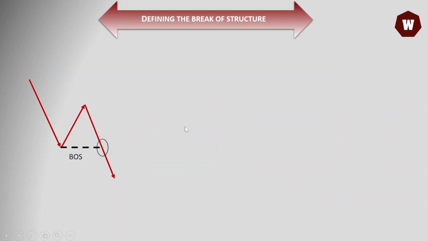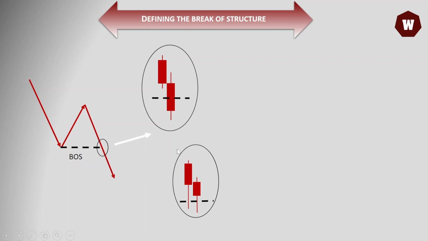So let's analyze the break of structure and know what is valid and what is not valid. Anytime the market is making an impulse move that can lead to a break of structure, what happens when the market is about to make a break of structure? It has to close. The body of the candle has to break that level and close above it. Even if it closed and the next candle came back, it has established a break of structure, as you can see here clearly. Now, there is another way there can be a valid break of structure. If the market comes to this place and breaks it with a wick,